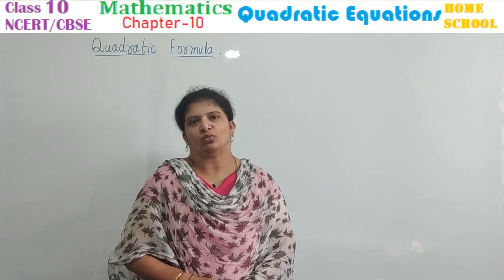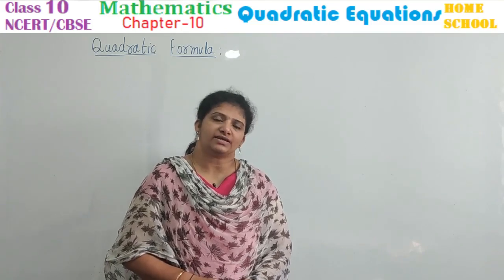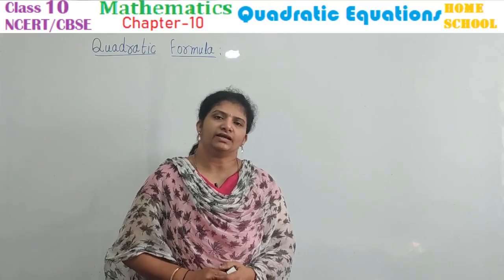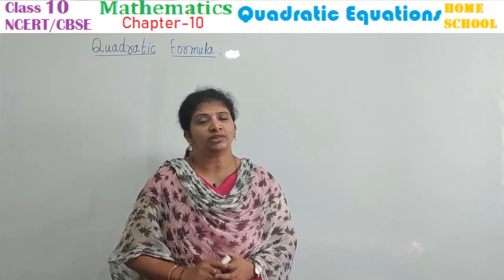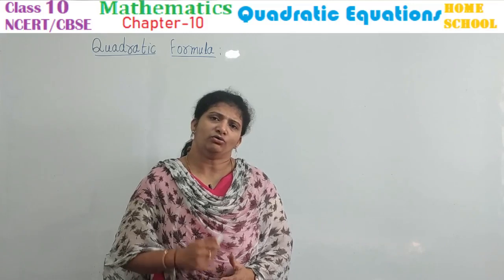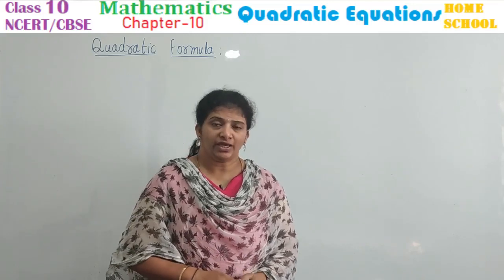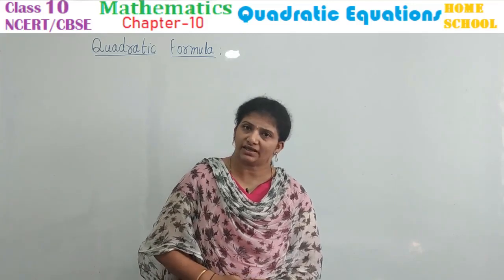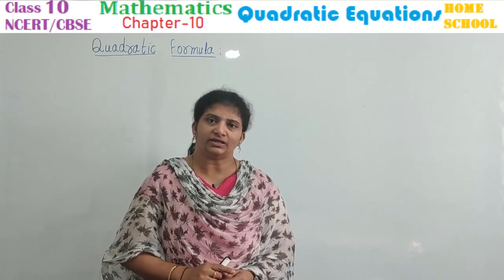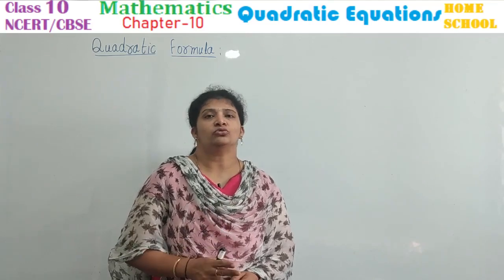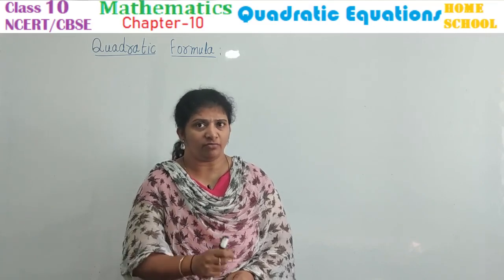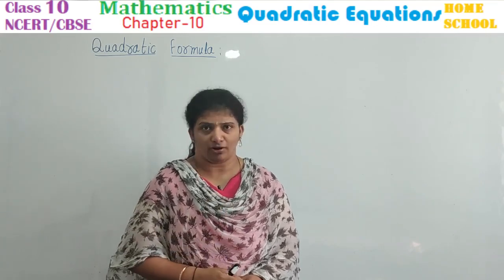We are in our chapter 10, quadratic equations, Exercise 10.3. First main we have done in our last session. Before starting our second main, we are going to do that second main with the quadratic formula method. By the way, how do we get the formula? We know the standard form of a quadratic equation. By using that standard form, apply the completing square method, you are going to get two roots. Those two roots are nothing but the formula method. Shall we derive the formula first? Then we are going to apply it to the problems.